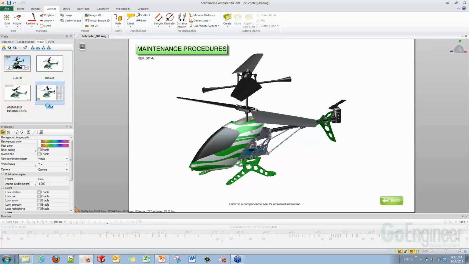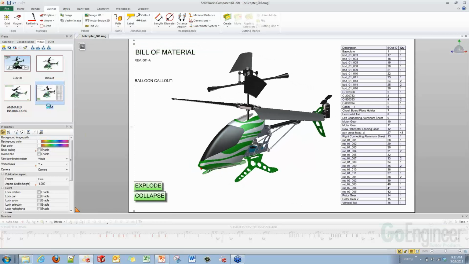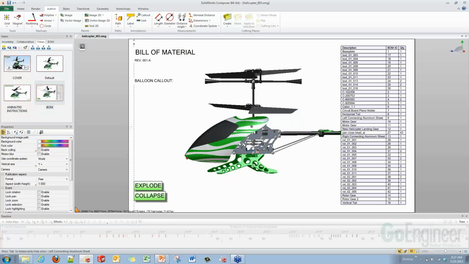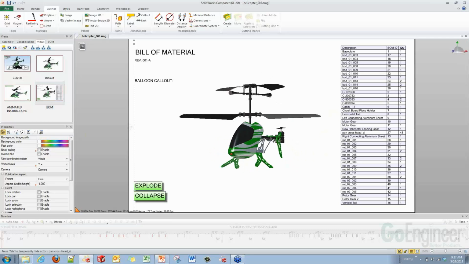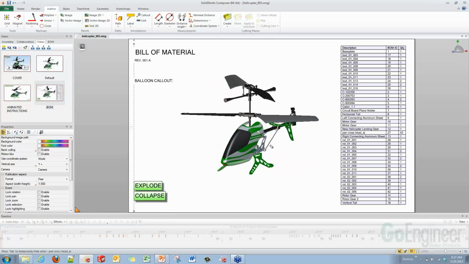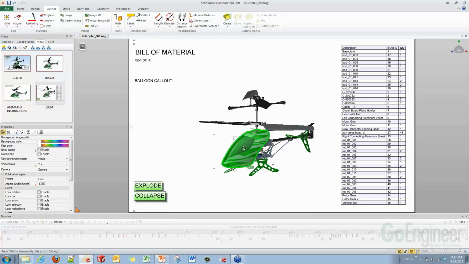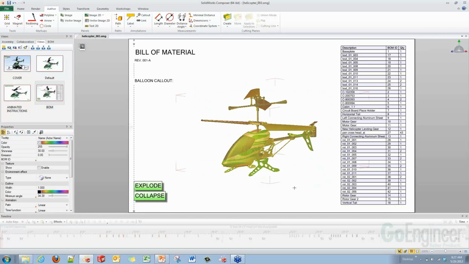Let's go ahead to the bill of material. And now this is where we're going to start by creating intelligent views. We want to save properties of all these actors. When I say actors, I should say components. We want to save the location of these components in the collapsed state, and we want to save the location of the components in the exploded state. So to start, let's start with selecting all of our components, because this is what we want to